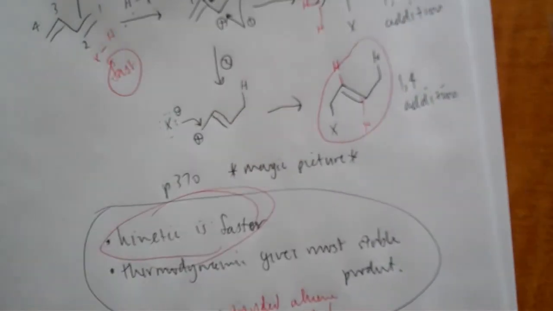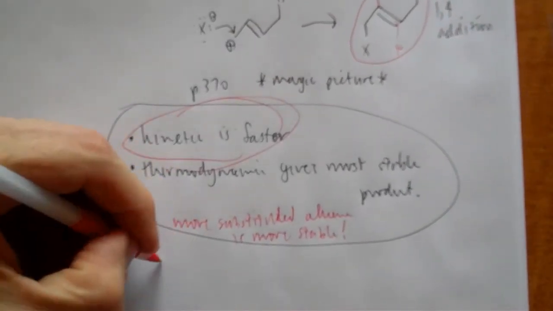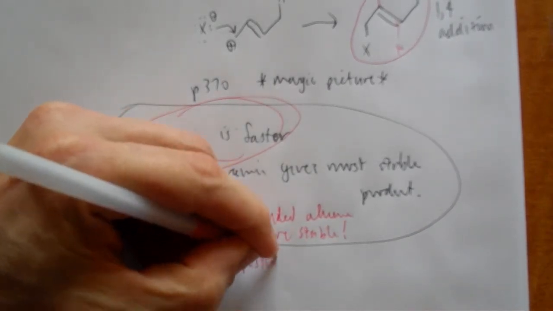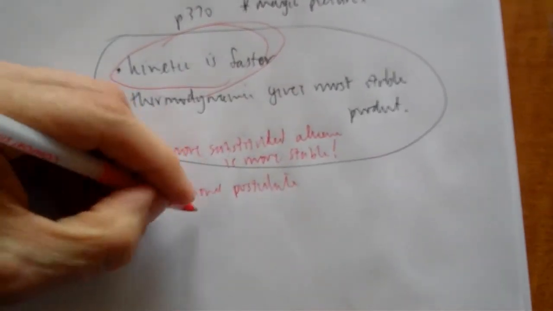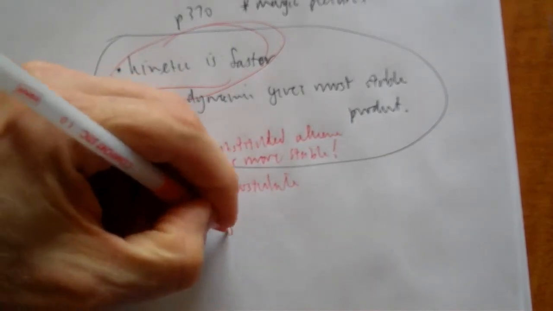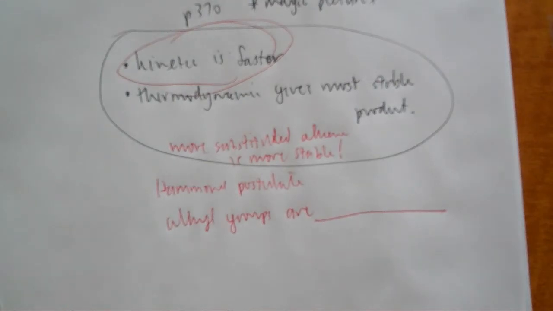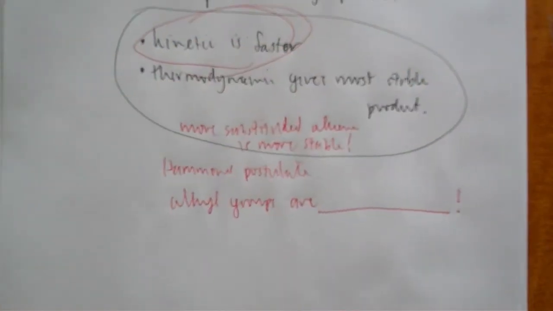Why is that? Because of the Hammond postulate, which says that alkyl groups are, boom, you finish that sentence